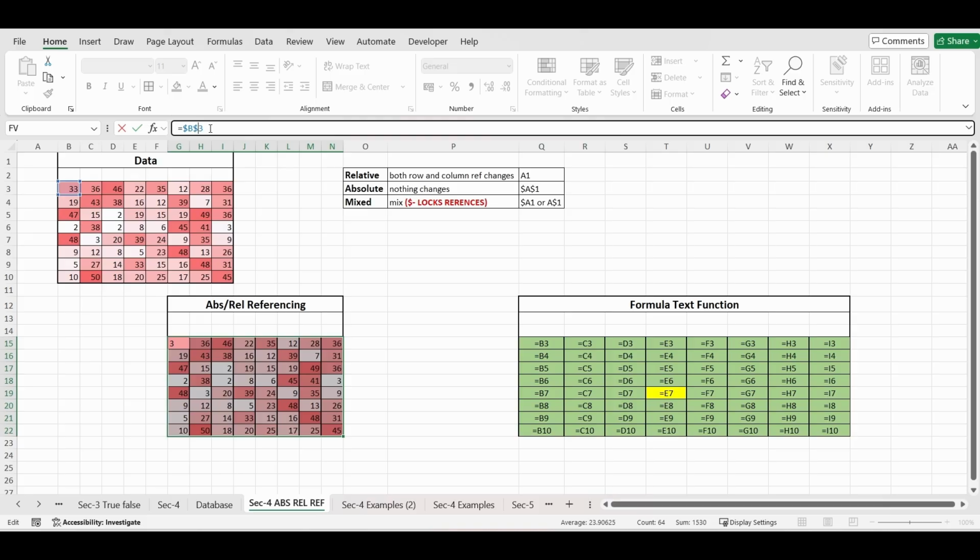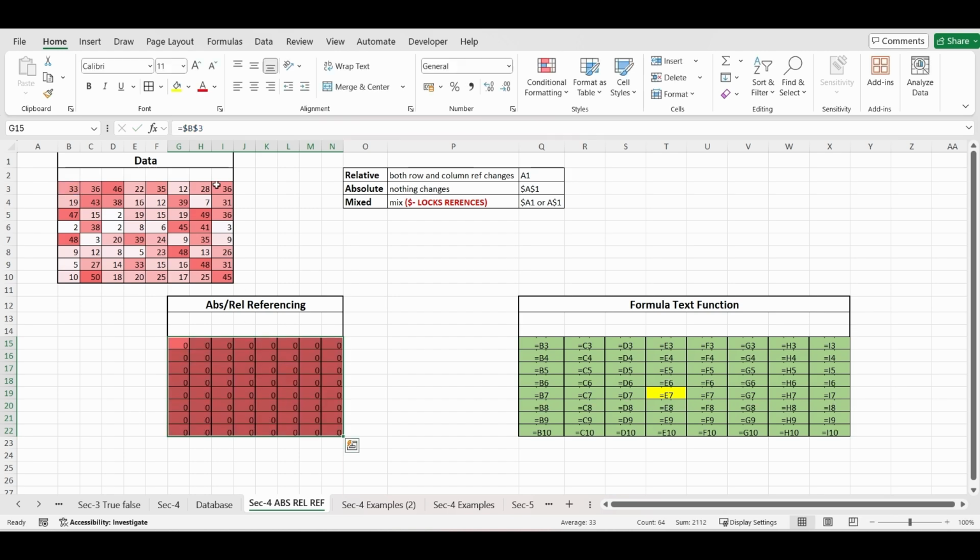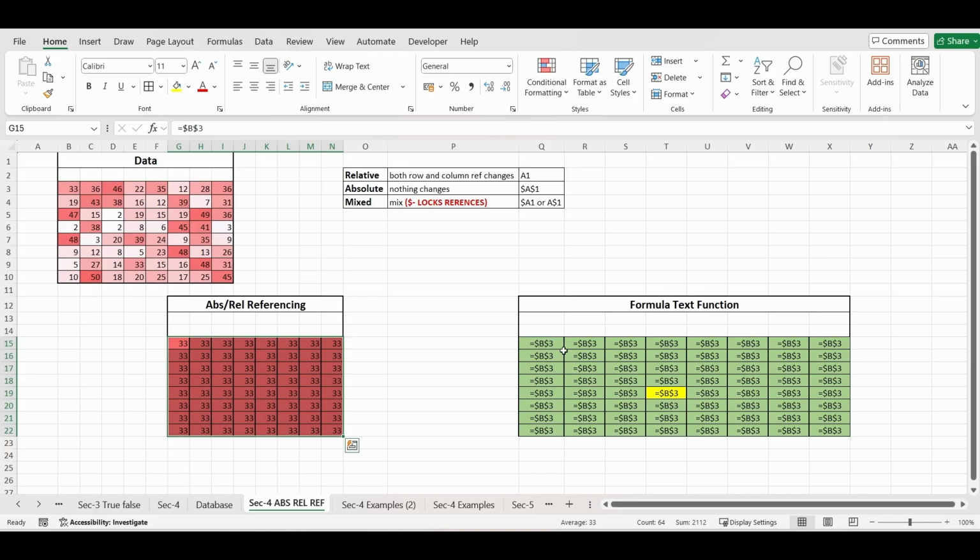And if I press Ctrl and Enter, it automatically updates the formula for the whole range. You see the formula gets updated for the whole range, because you have put a lock over the column number and row number. As you move horizontally, downward or diagonally, nothing changes because you have locked all the values. So throughout the whole range, you are only referencing the B3 cell.